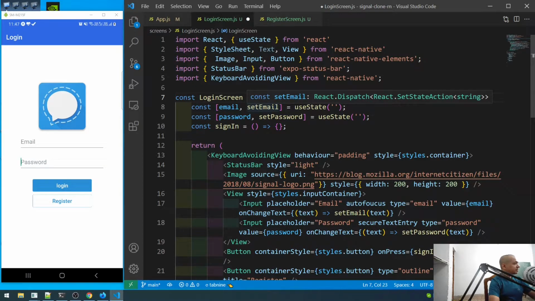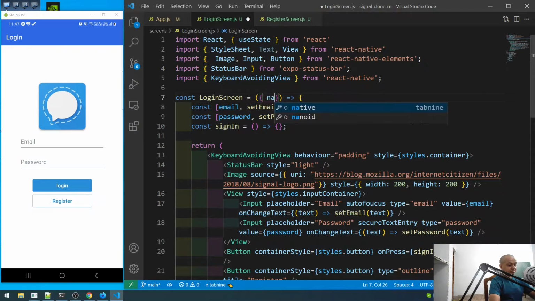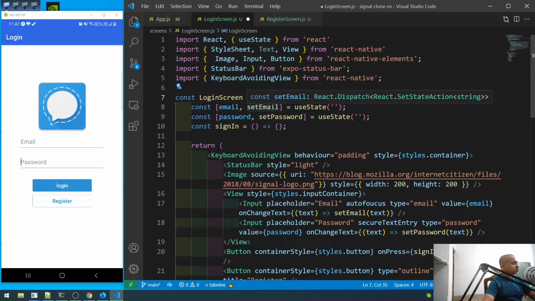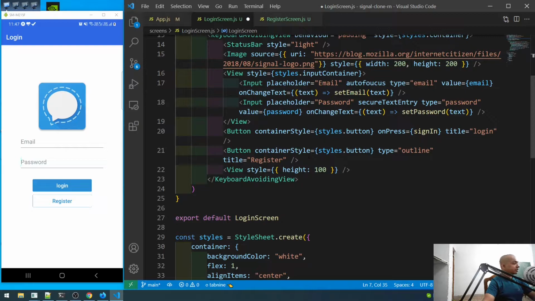So we have to use navigation, and this register button is there. When we press it, it will go to the register component. On press equal to